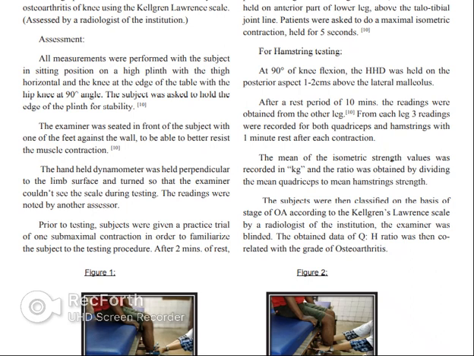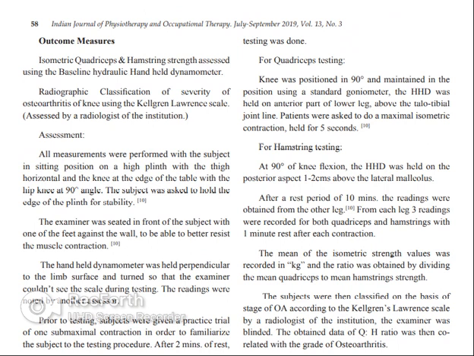The handheld dynamometer was held perpendicular to the limb surface and turned so that the examiner couldn't see the scale during the testing. The readings were noted by another assessor. Prior to testing, subjects were given a practical trial of one submaximal contraction in order to familiarize the subject with the testing procedure. After 2 minutes of rest,